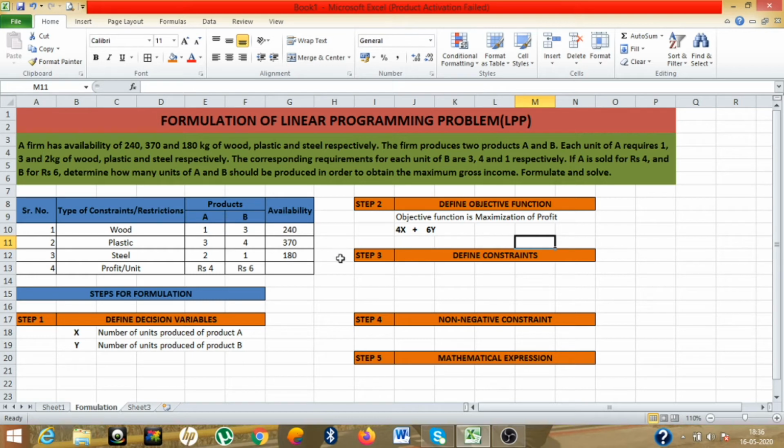The third step in formulating the linear programming problem is define the constraints. So as we know, the resources are very limited in quantity, and hence they are called as restrictions or constraints, and we have to make best use of these resources to gain maximum. So the firm has three types of constraints, that is the wood, plastic and steel. Each unit of A requires 1 kg of wood, and B requires 3 kg of wood. So the wood constraint is